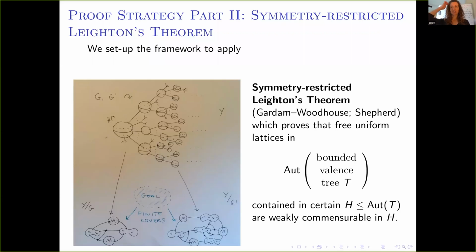Leighton's theorem says that two graphs with isomorphic universal covers have isomorphic finite sheeted covers. Or alternatively, you can say that free uniform lattices in the automorphism group of a bounded valence tree are commensurable inside the automorphism group of the bounded valence tree. And so Leighton's theorem in that